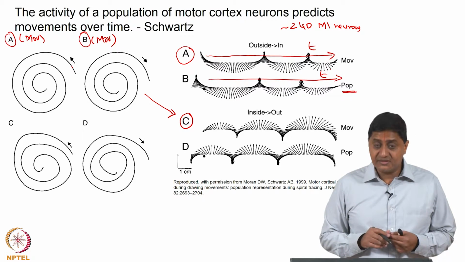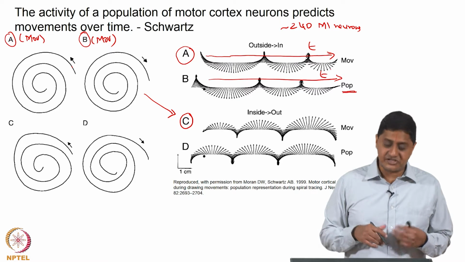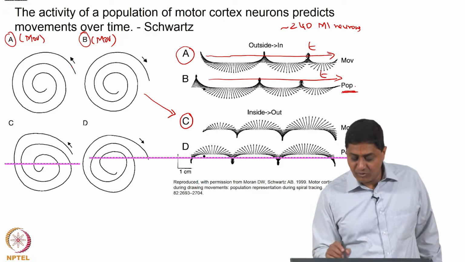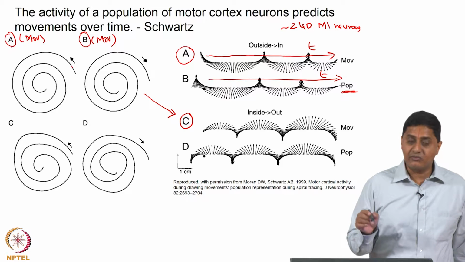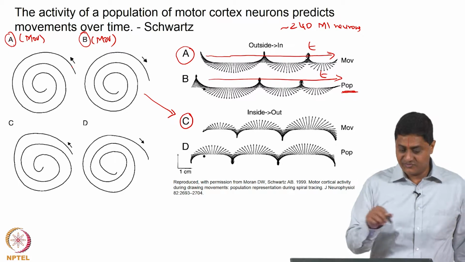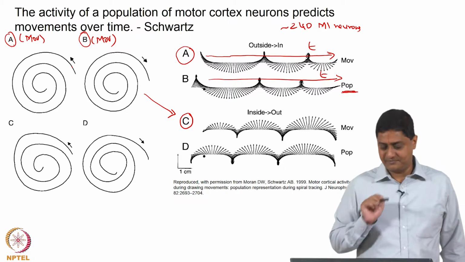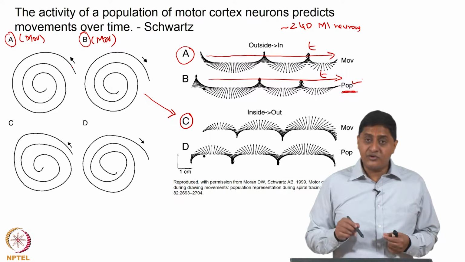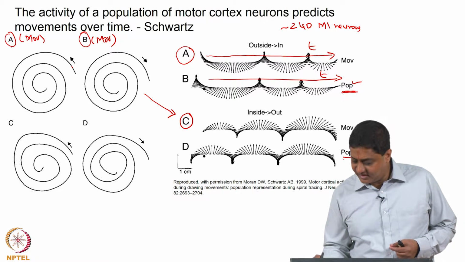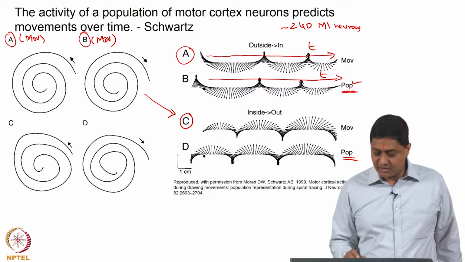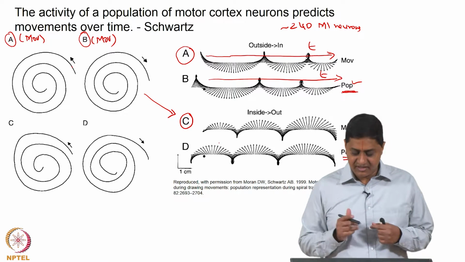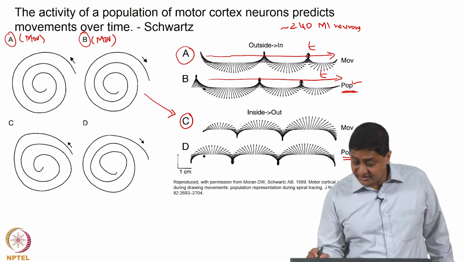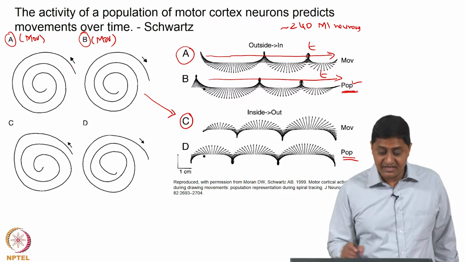Now, I could use this to reconstruct a trajectory that could come out. So, this is the population activity when the movement is A, or when I am going from outside to the inside, when the spiral is spiraling in. This is the activity of the neurons, this is population activity. Likewise, when you are going out from in, I am recording activity, and that is also represented as instantaneous directions and velocity vectors. From these vectors it is possible for me to reconstruct trajectories, just like it is possible